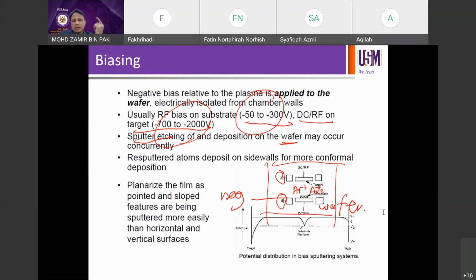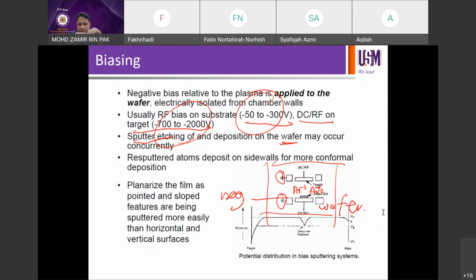But you can also induce biasing at the same time if you want to, if you need to. Tak semestinya. Kalau tak nak biasing pun, you can still get ITO on your silicon. Cumanya, in some conditions, you can also introduce negative biasing to the target material and also to the wafer. Okay, maknanya you can bias ITO, you can also bias silicon, right? So untuk case you bias silicon,